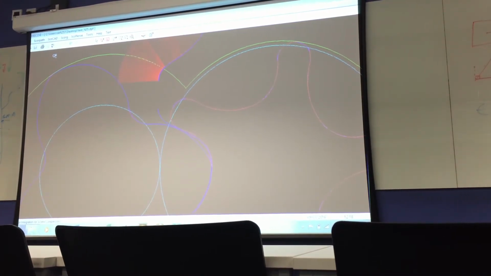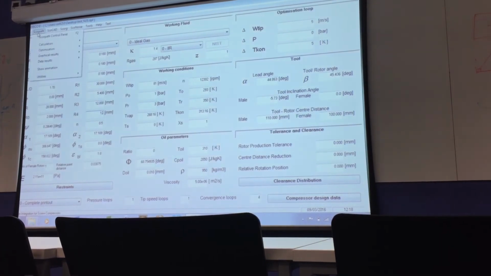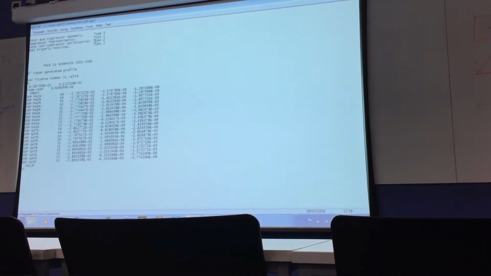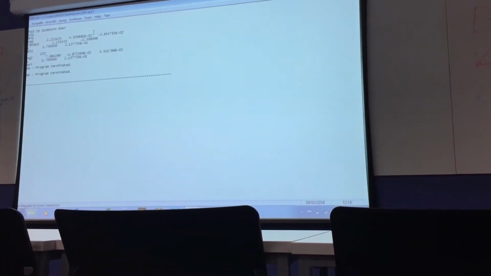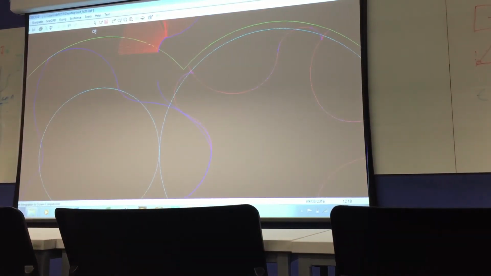The nature of the profile changed. Make this even bigger. You see, it got spoiled.